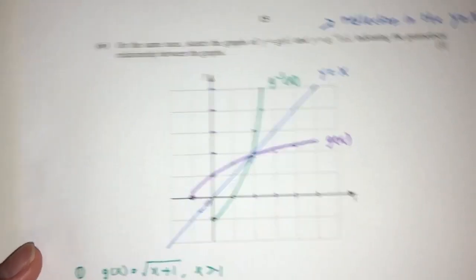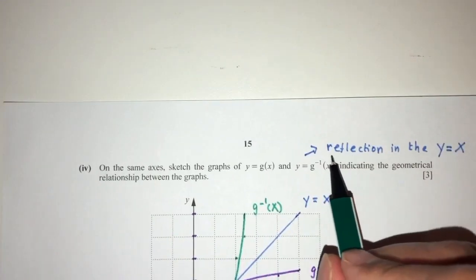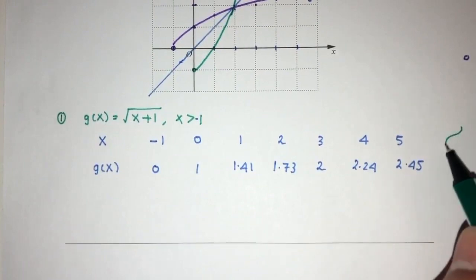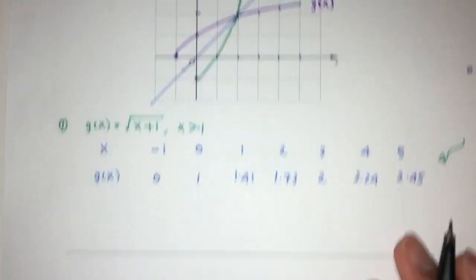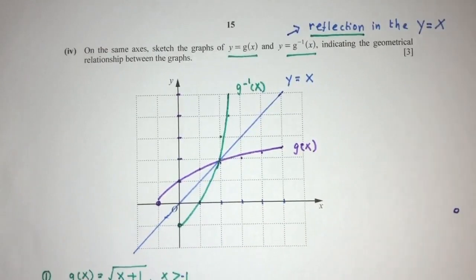Okay, and that will be your answer for question part 4 of 12 for the graph question. So the main takeaway is this one. You have to show this relationship. And of course, if you don't know how to draw the curve, you can always revert to making a table of values and plotting points by points to find the shape of the graph. So this was question number 12